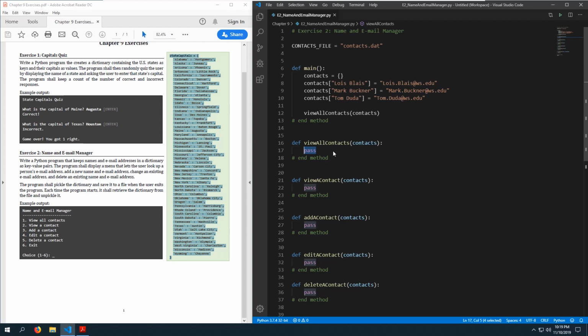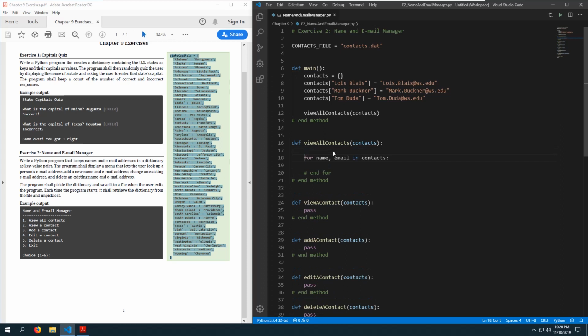Okay. Let's do for name, comma, email. We usually would do key value here, but since my contacts are name and email, we'll do that. In my contacts dictionary,